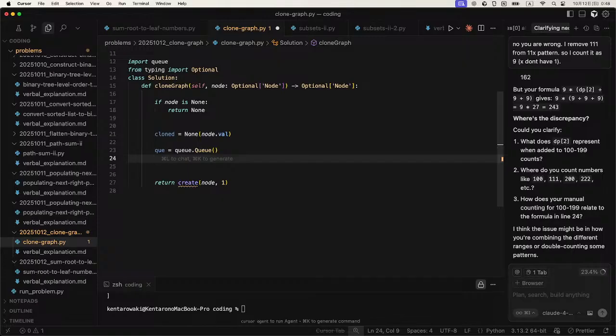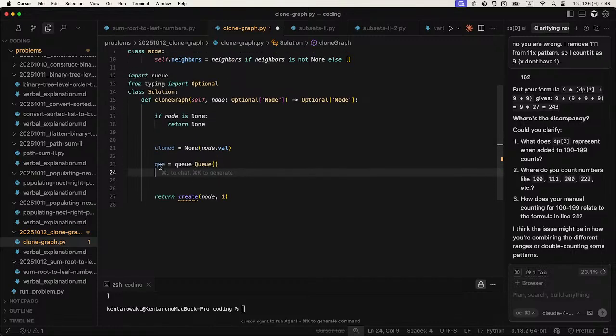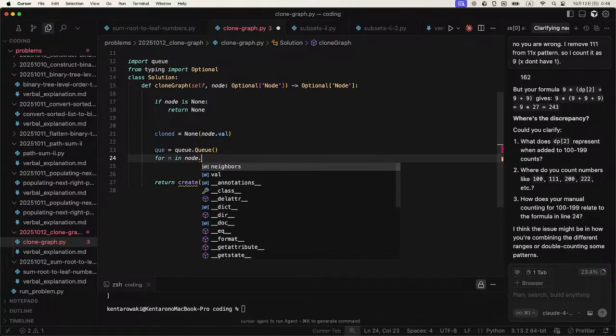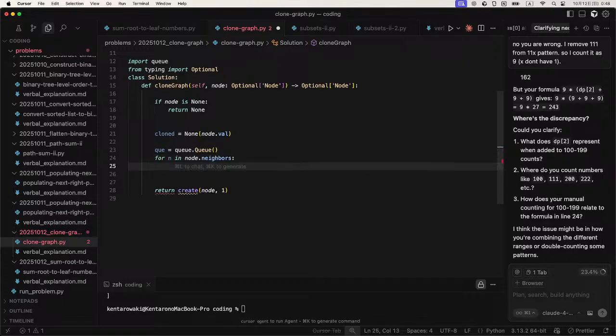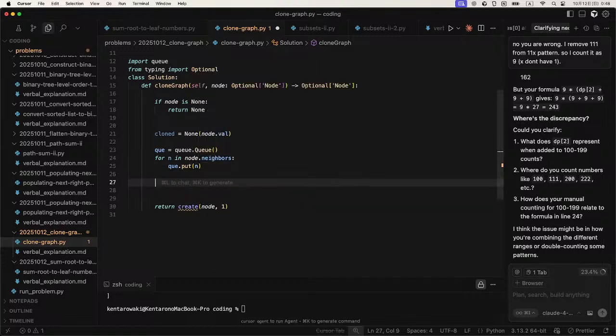No, not for the first time, but yeah, I forget how I use this, but Q is first in first out data structure, so let's initialize the Q. Node neighbors, we get neighbors and put node. Okay, and as long as Q is not empty,